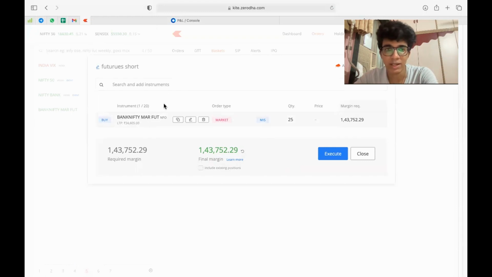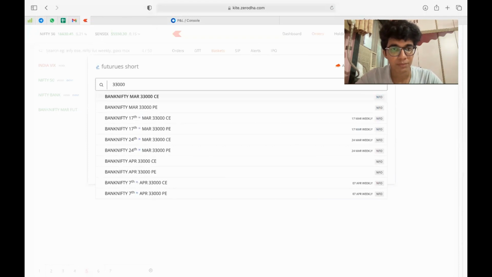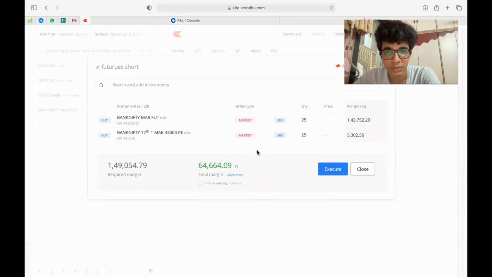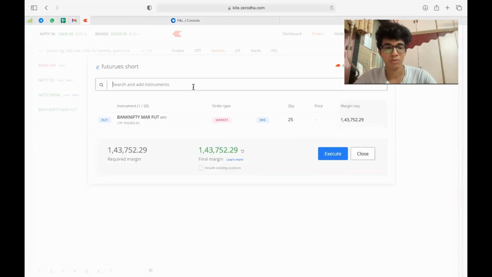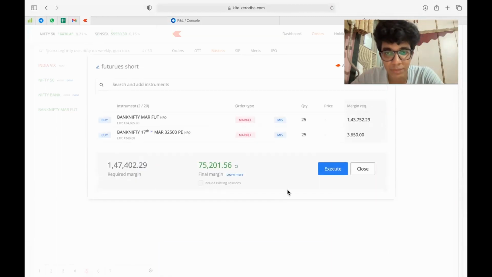So instead of a plain trade, I always go for a hedged one. Wait, yeah. You see my margin went from 1,40,000 to 64,000. But let's say I go more out of the money. Yeah, let's say this figure, 75,000. This is more significant, because over here I might lose very little on the downside. But I'll tell you the catch with this. So now my ROI has increased, right?